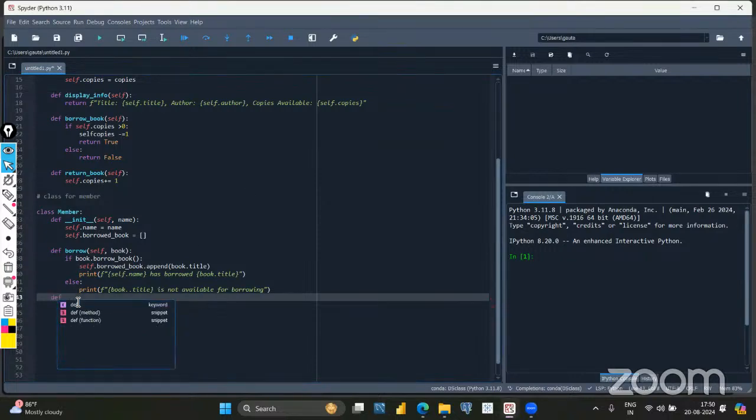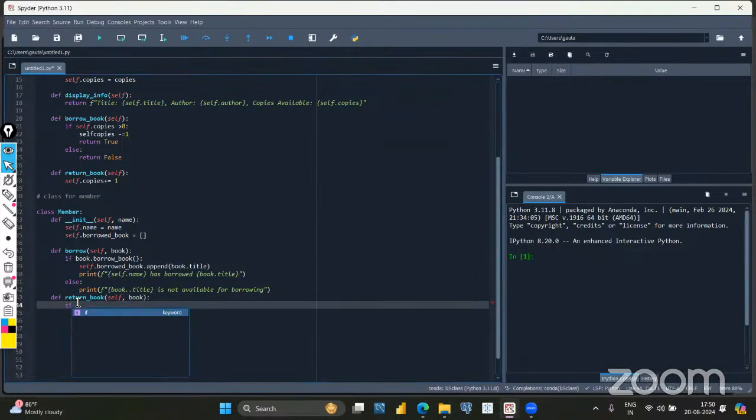So for that we will write the code, def return book, self and the name of the book. Okay. Then we are giving the condition if book dot